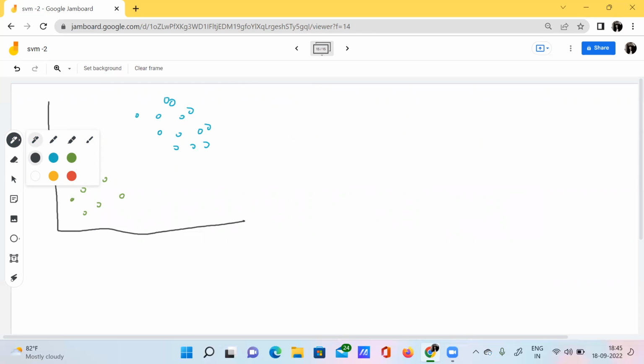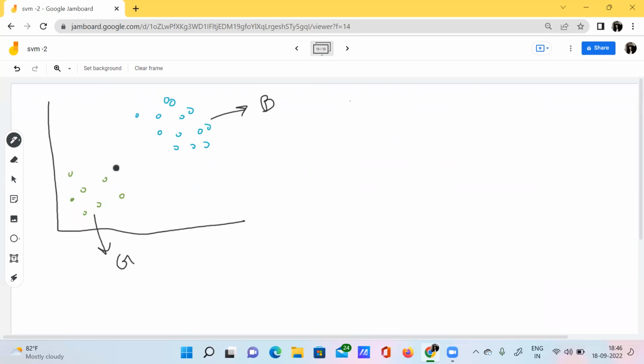See here, for example, look at here. We have two kinds of classes. One class is blue, another class is green. I want to separate these two classes. Can I separate them? Yes. How? I need not create any kind of hyperplane here. Why? Because this data itself has some kind of gap between them, right?